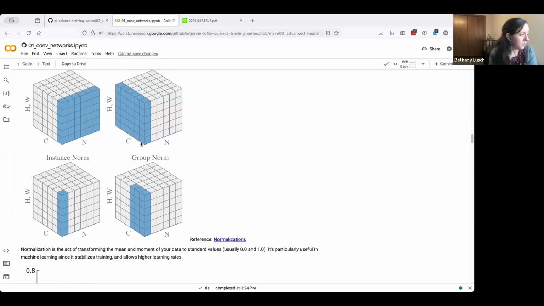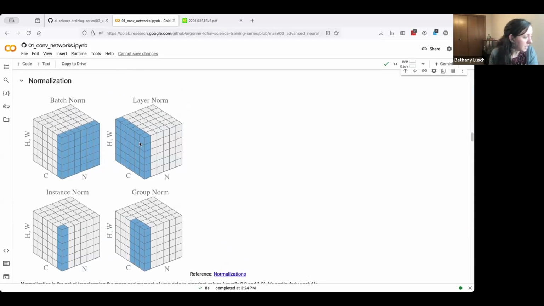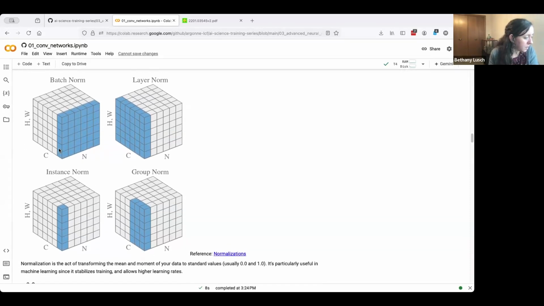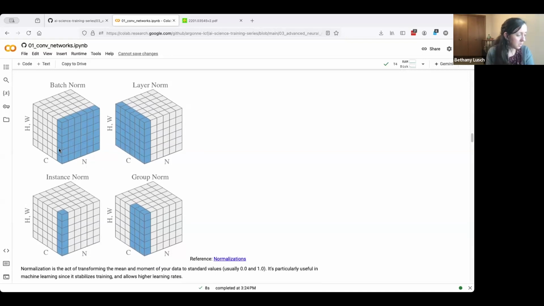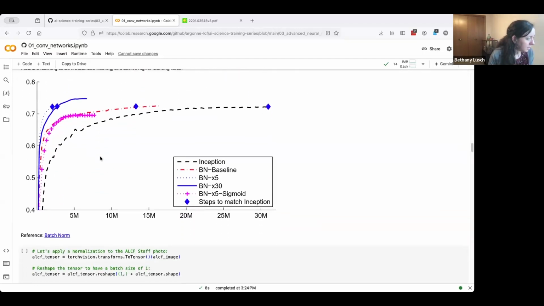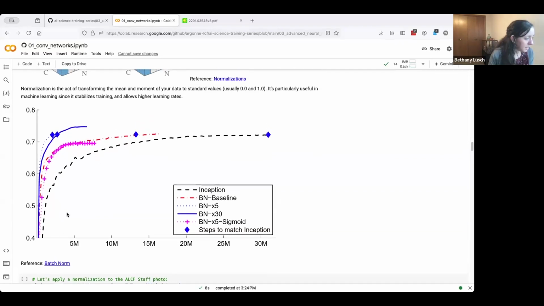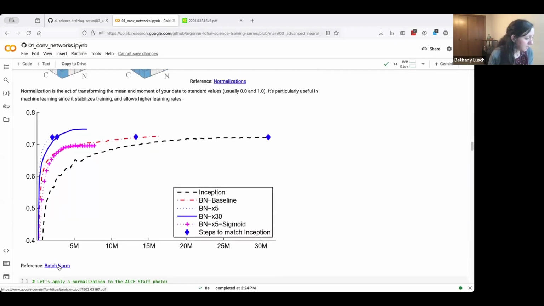And so people started using this idea called batch normalization that's pictured in this first image, where you have a batch of data and you normalize it, maybe to a mean of 0, standard deviation of 1, before passing it on to the next layer. And I think there's a paper here. I think it's something like 2015, when they started using this in convolutional neural networks